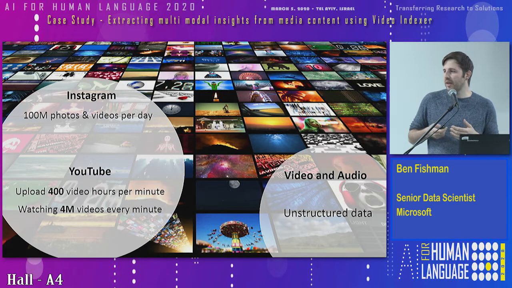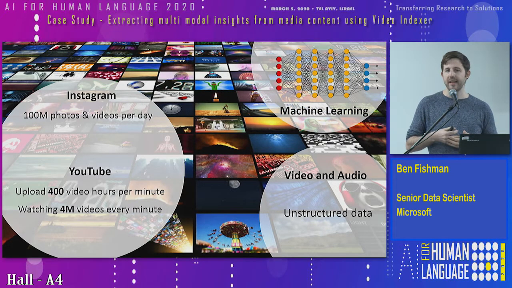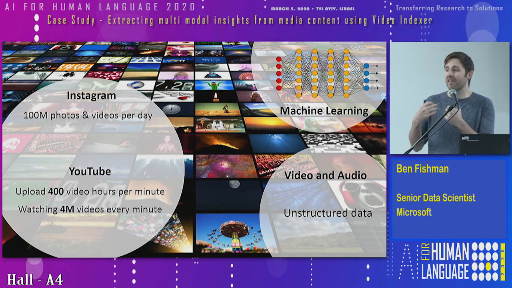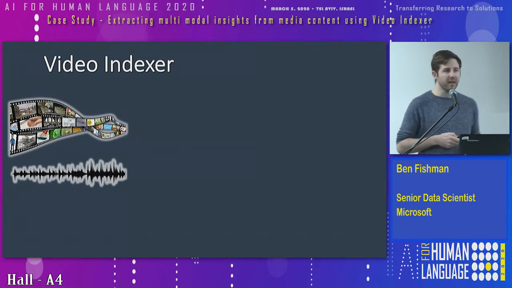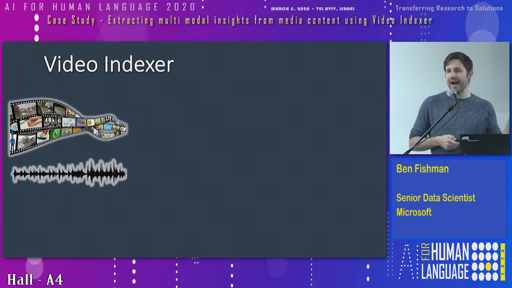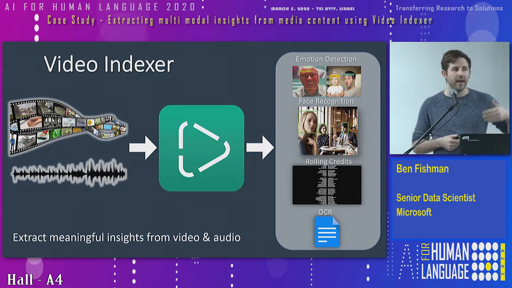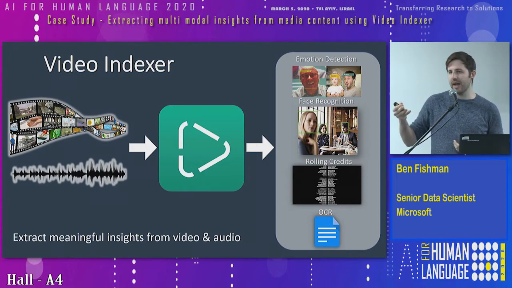How do we do it in video indexer and in general? So usually we use machine learning capabilities that know how to understand the internal representation of the unstructured data and to get insights out of it. Let's go to the video indexer. Video indexer knows how to get videos, sequence of images and the audio, process it using AI and ML capabilities, in order to extract these insights, such as face recognition, OCR, and much more that I am going to elaborate.